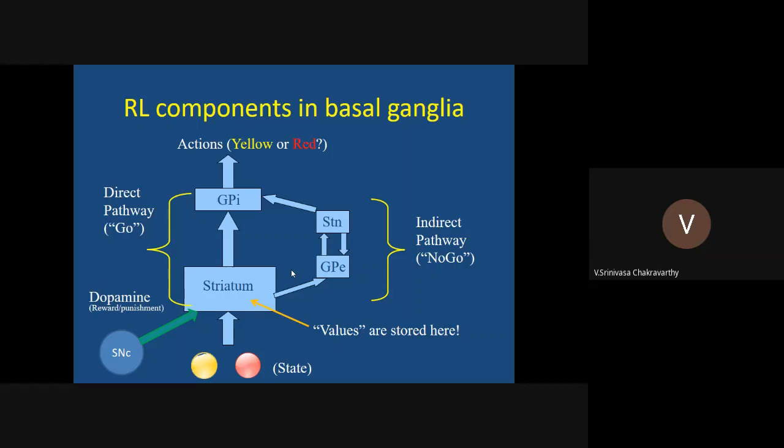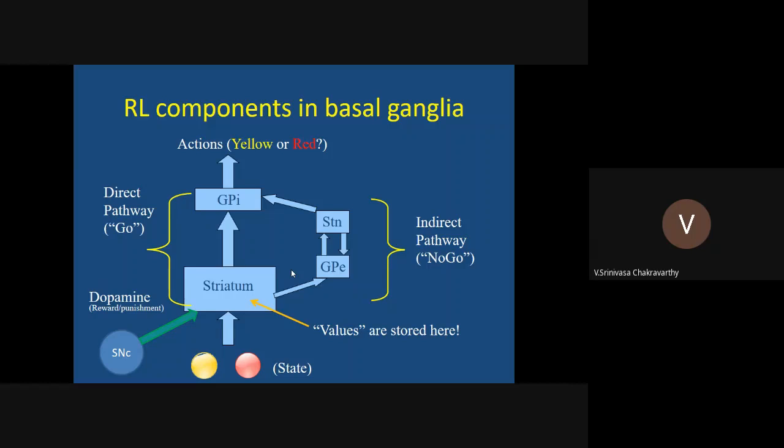Now, certain things are easy to work out. For example, dopamine cell activity represents reward or reward prediction error, more specifically, but it's something to do with reward, so that we know. Now, what about values? Where are values located? It turns out that values are computed in striatum because there is a lot of